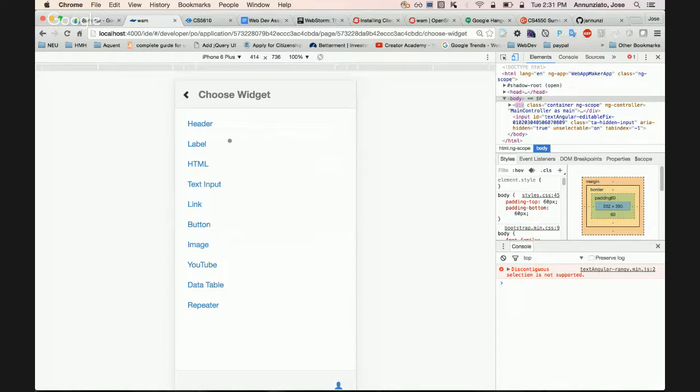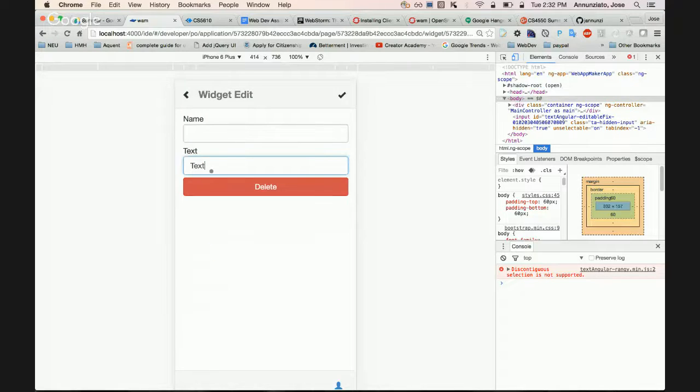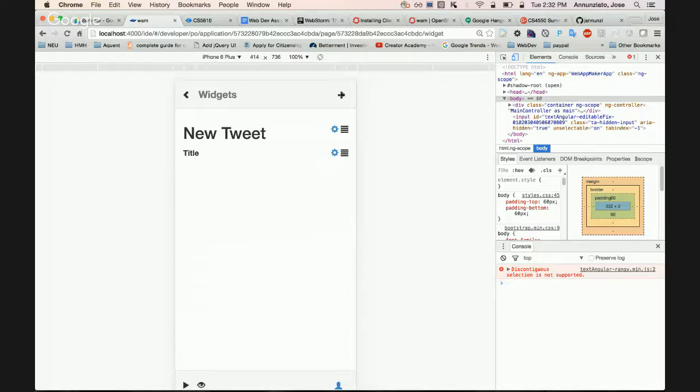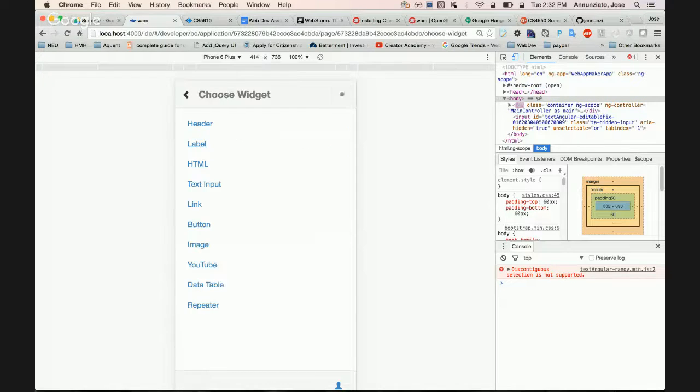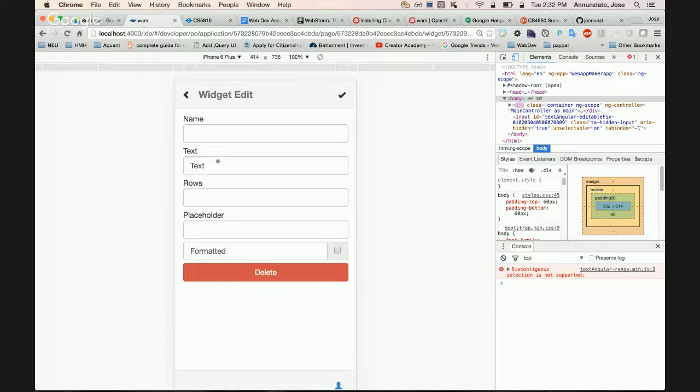And then I can create maybe a label that says, maybe call this a title. So this is what we're going to be building. I'm just demoing what we're going to be building throughout the semester, right? There it is, a label. Let me add an input field. The input field,